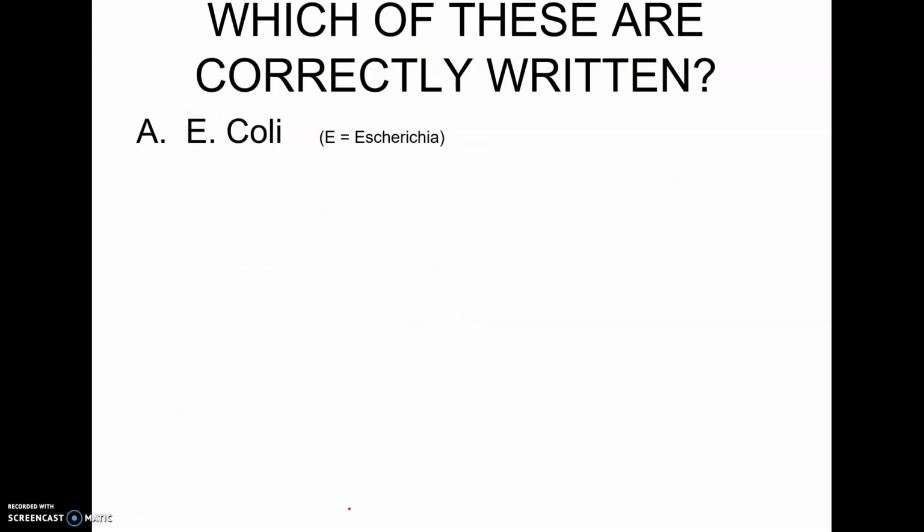So the first one, E. coli. You've probably heard of E. coli because it can be a bacterium that causes disease. And notice how the E is just an initial because that's a shortening of it. This is what it stands for. In printed literature, if you were going to be writing a paper about E. coli, the very first time you used the term, you'd write the whole thing out, Escherichia coli, and then after that, you could just refer to it as E. coli. This is not correctly written, however, because the C should not be capitalized, and it should either be underlined